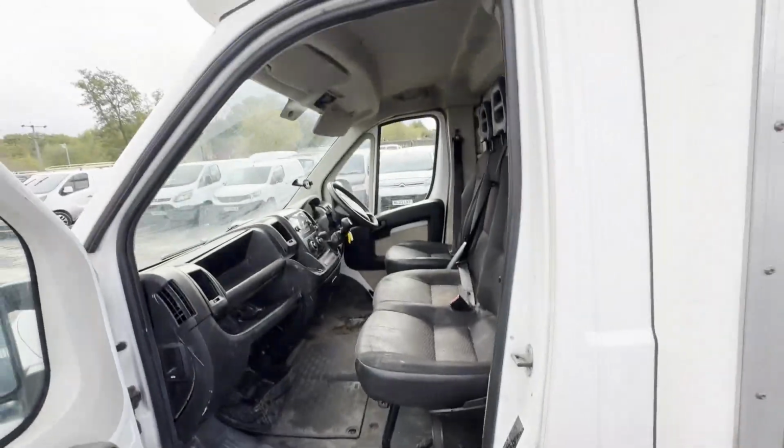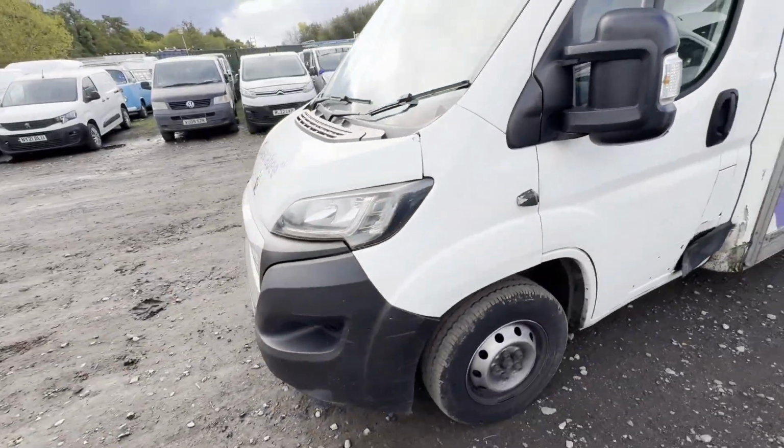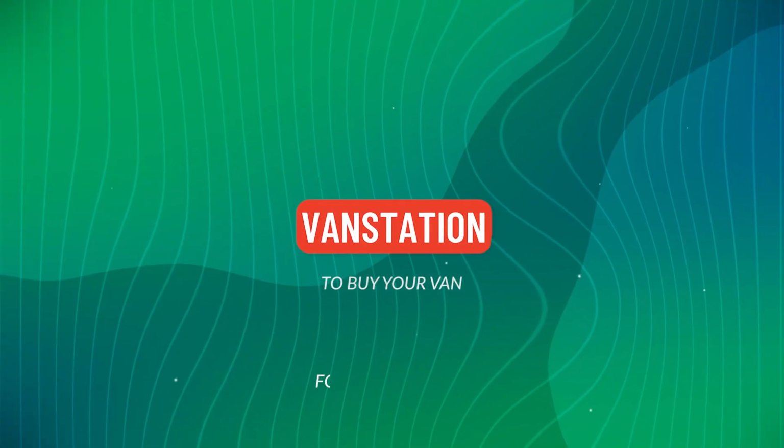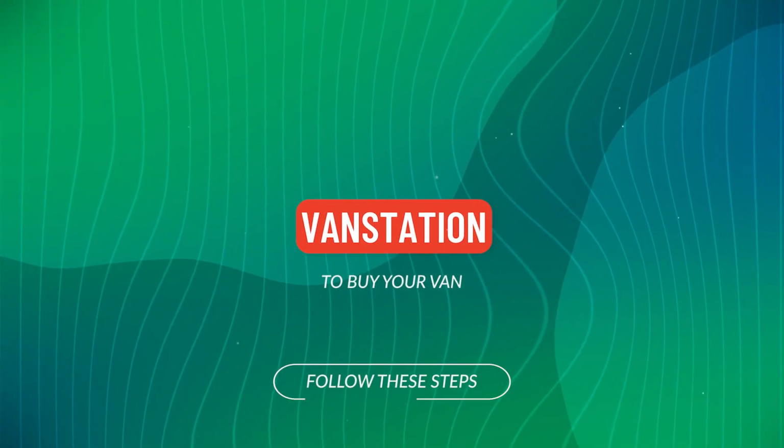Condition summary: bodywork is in decent, average condition, reflects the age and mileage of the vehicle. Interior is in decent, average